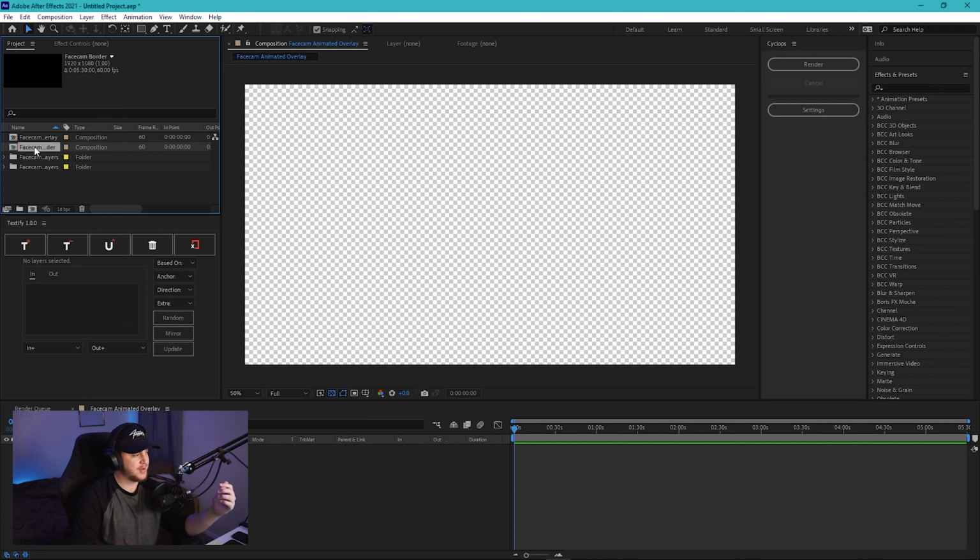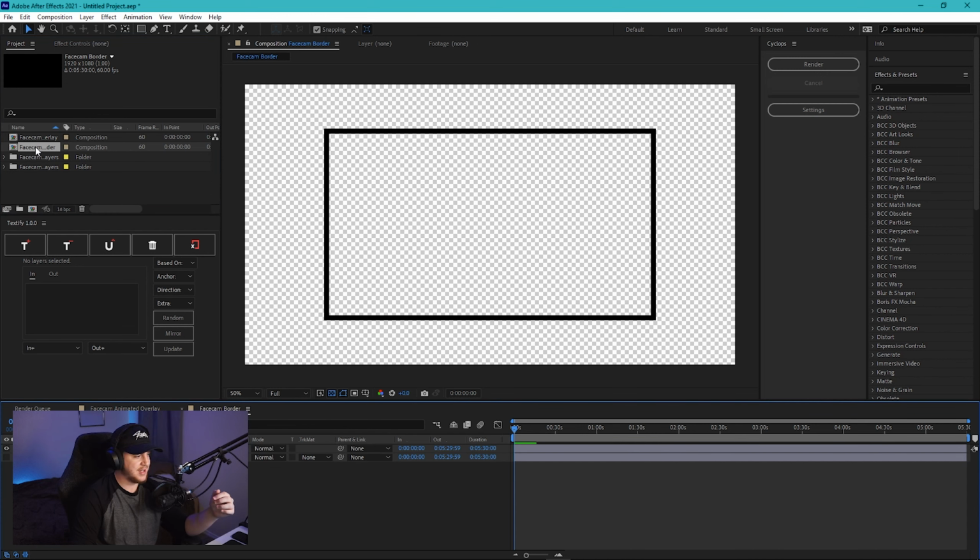What you're going to want to do from here is double click that project file, or composition for short, and as you guys can see, the rectangle will now be here, and this is going to be the workspace that we are going to be working with for the rest of the video. So one of the first things that we actually want to do in order to accomplish this effect is add the gradient animation.